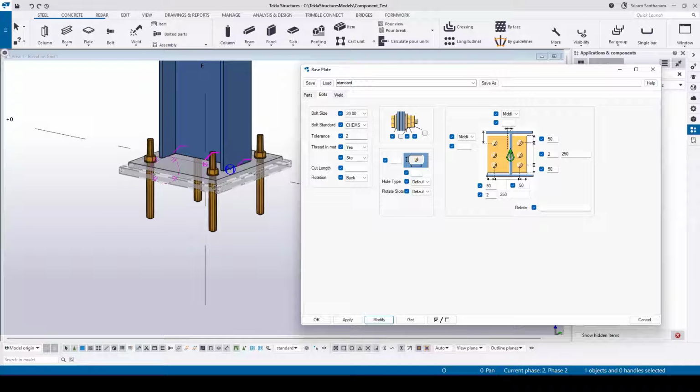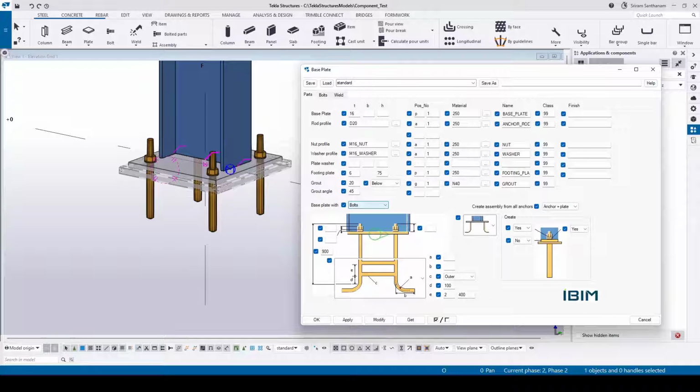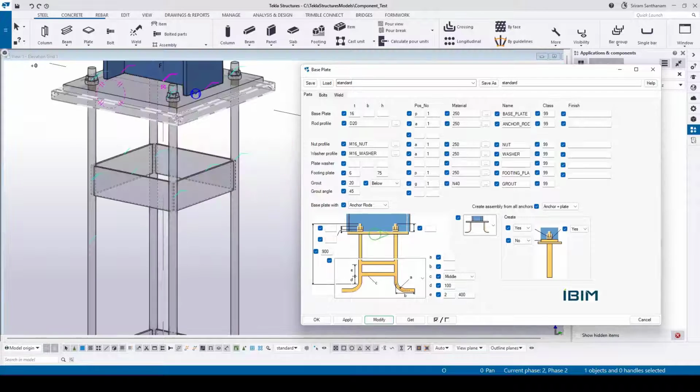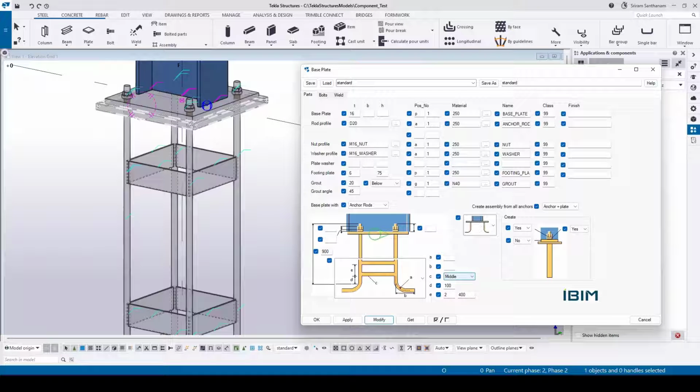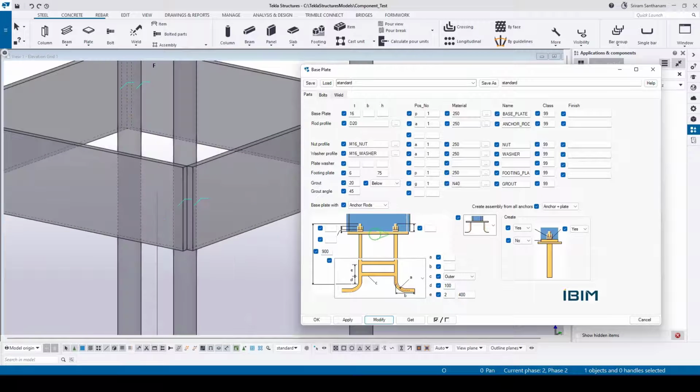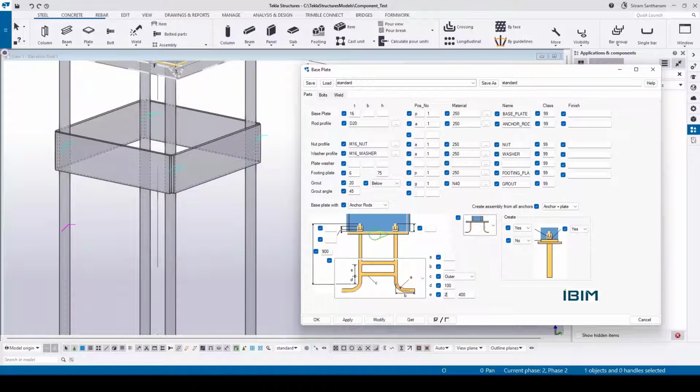Of course, you can control the distances between the bolts. You can choose between bolts and anchor rods. For outer, change this option. For number of plates,